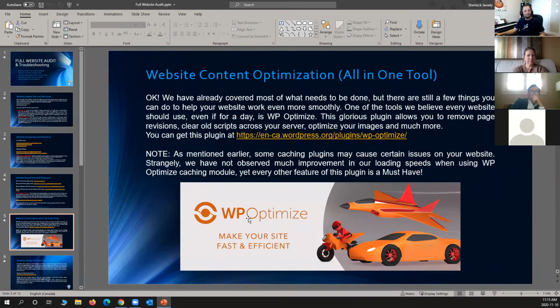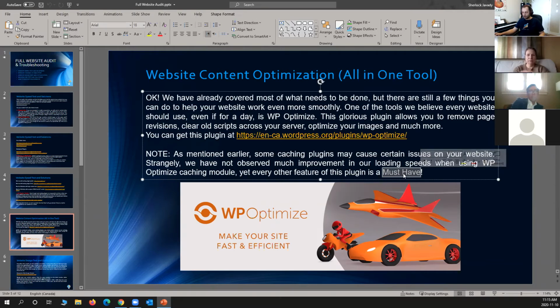Welcome to WP Optimize. It's not a very old plugin, but it's one of the best things I've seen. It's a must-have on every website. Even if you install it, use it for 15 minutes and uninstall it, the effect that it has on your website is amazing. Why? This originally was a caching plugin, and then they started to add other features to it.